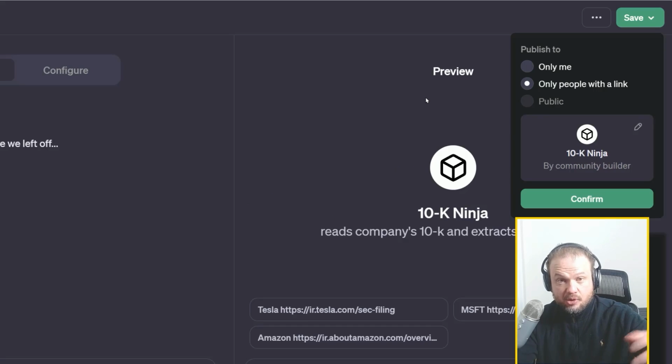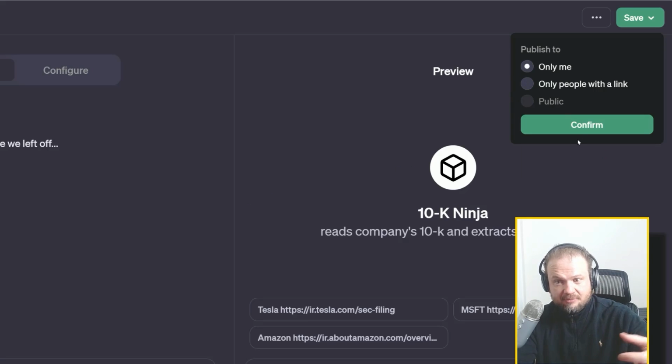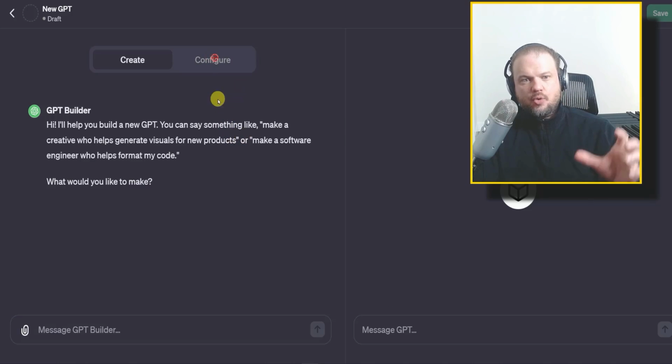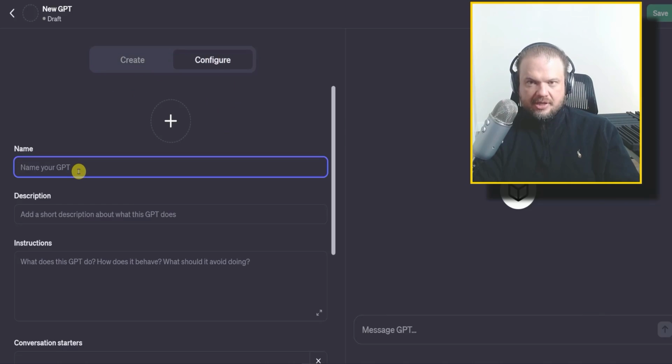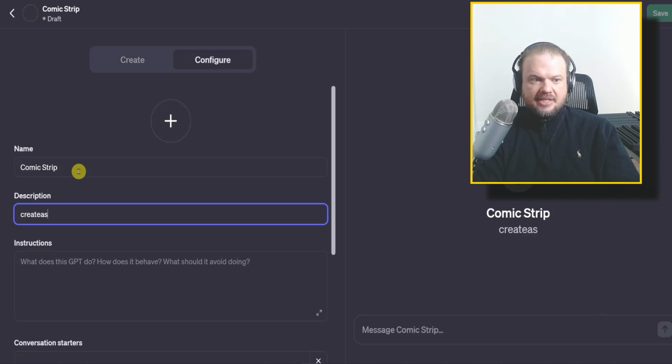And if you don't want it out there, select only me, and then no one will have access to it. All right, let's do one more really quick. So configure, we're going to name it comic strip. Description: creates a daily comic strip. About an AI agent named